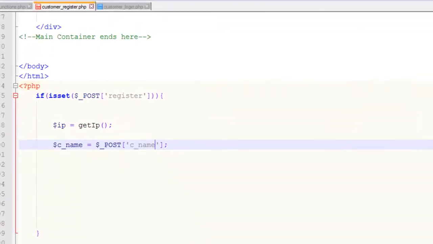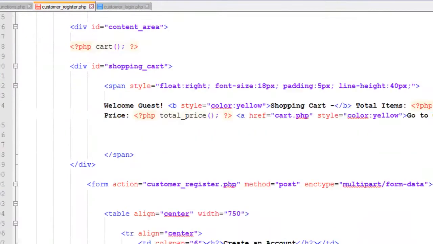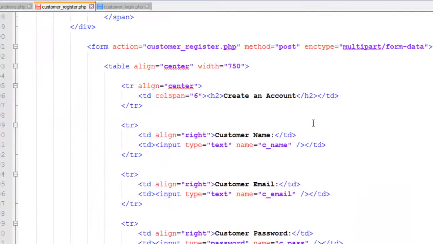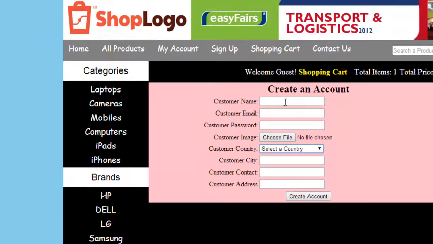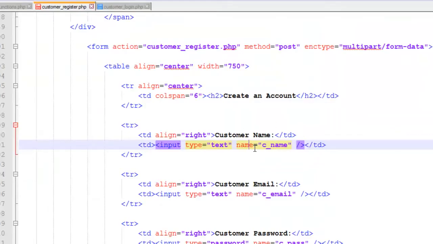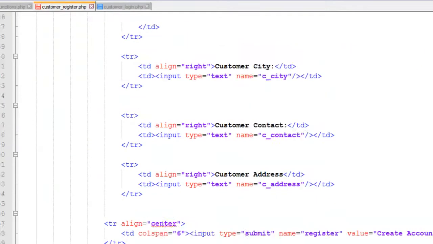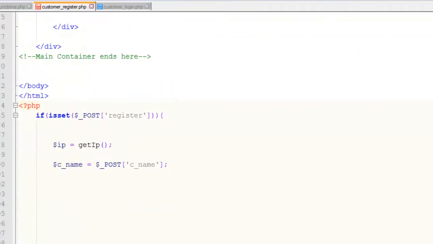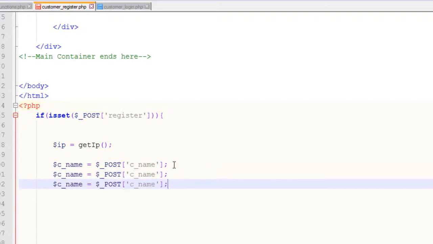That's it. We are talking about this input field. Basically someone will enter a value into this input field, and we will get that using this name. We'll save that here in a local variable called C_name, and similarly we have to create all the other local variables